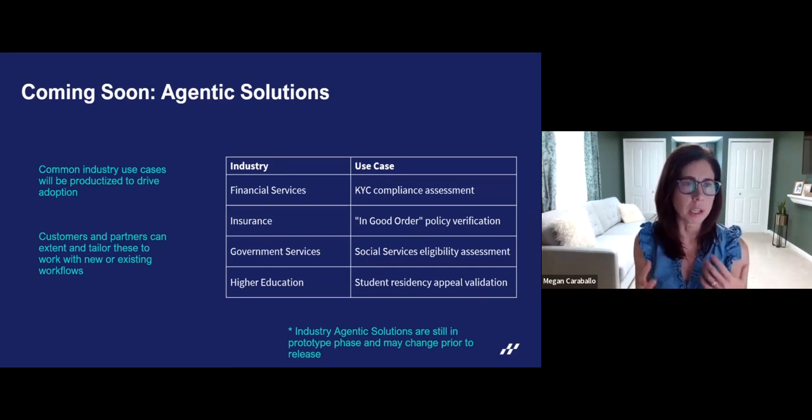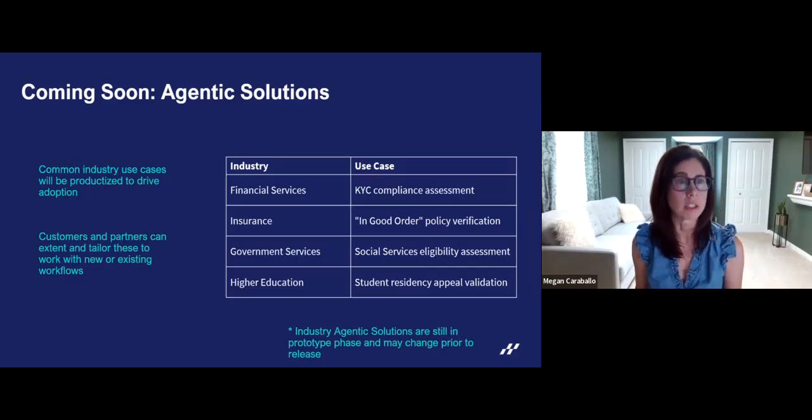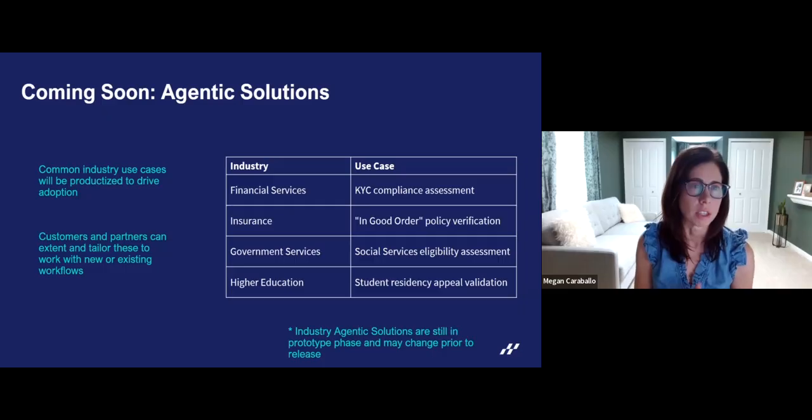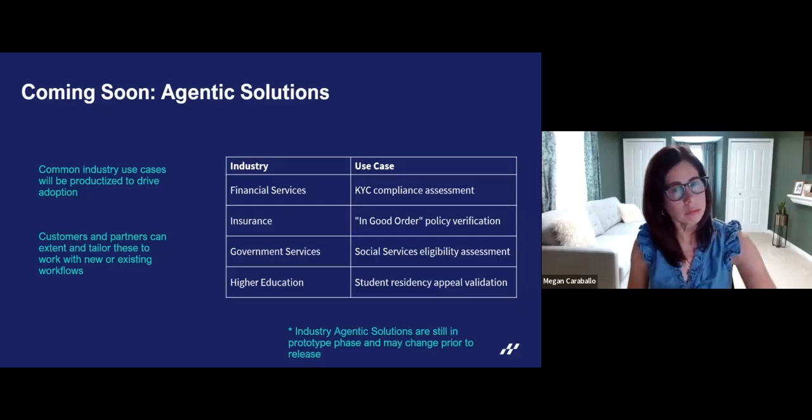They come with some level of pre-configuration to help make it easier to adopt that agent in a very quick win format, as Lars had mentioned with the denied claims example.